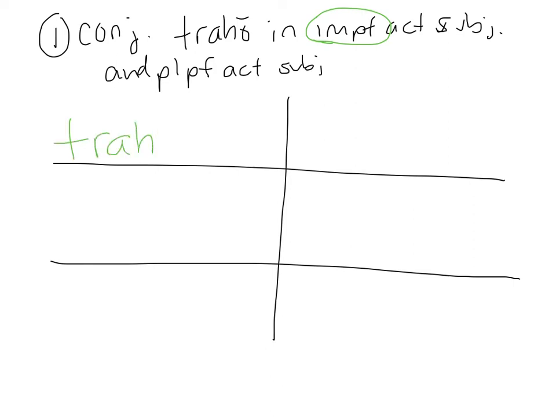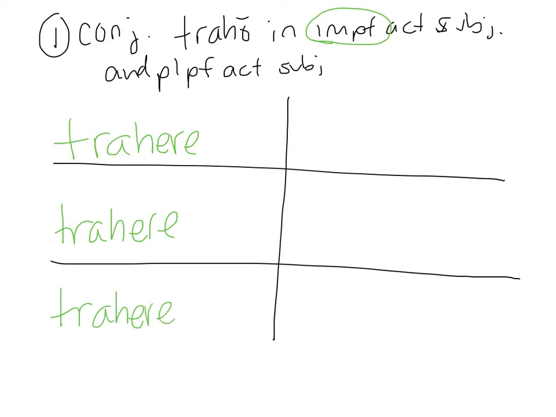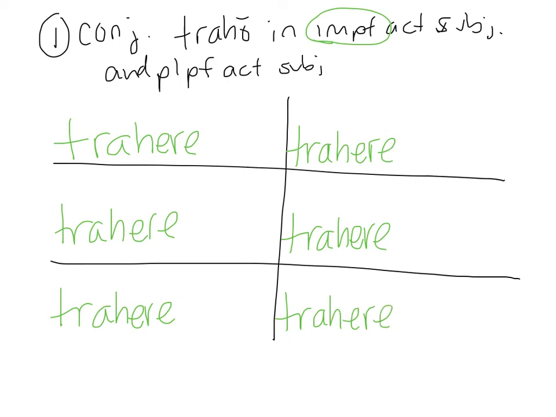So we're going to have traho, I need the second principal part, trahere as my stem. I'm going to have that for every form. So you should be writing this in your notebook as you're watching. If you're not taking notes, you're not doing your homework properly, and you're going to struggle when it's time to review. So make sure you're taking notes. We're writing trahere 6 times, and then I'm going to add my normal personal endings that I'm used to and comfortable with. M, S, T, mus, tis, nt. Do notice that we are going to be using for both of these the M option. So traherem, trahereres, traheret, traheremus, traheretis, trahерent.